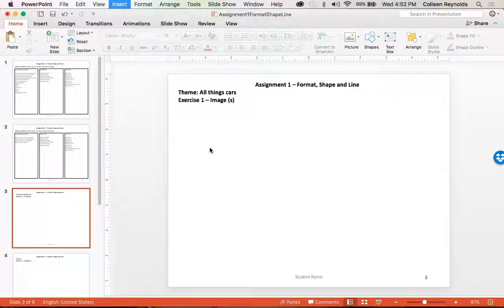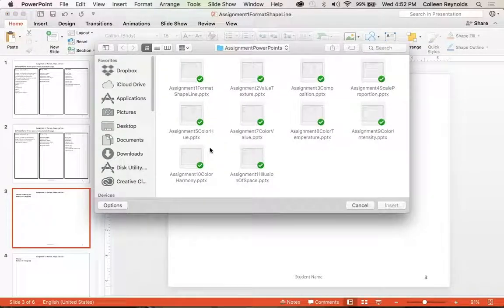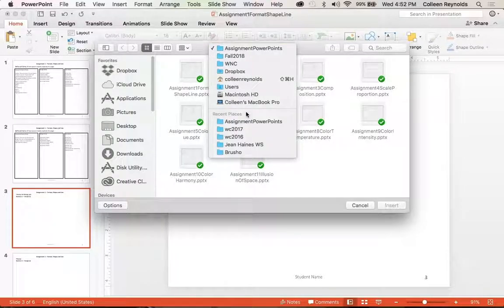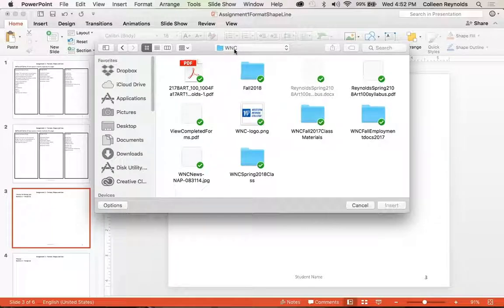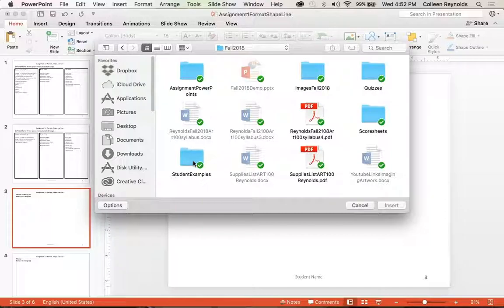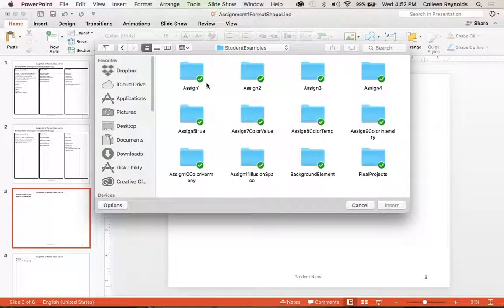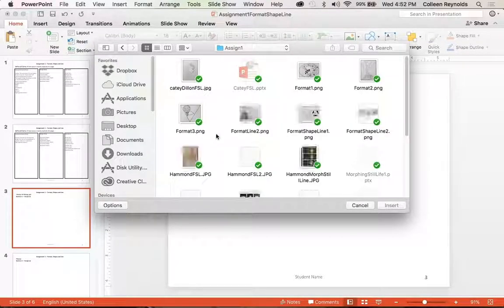So you will have previously saved off your file someplace. That was a previous tutorial. And you're going to come into the place where you have saved those pictures. So I have a file that's WNC for fall, and I'm just going to use a student example for this in assignment 1. So for instance,